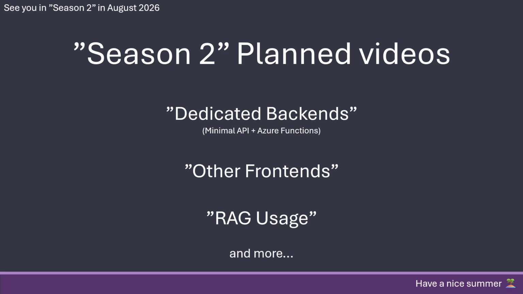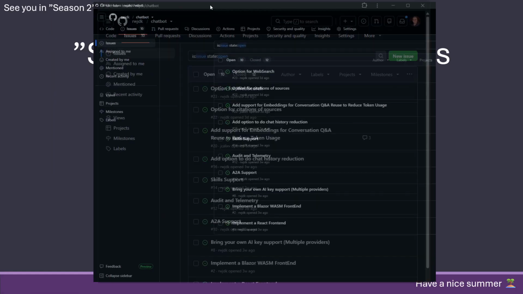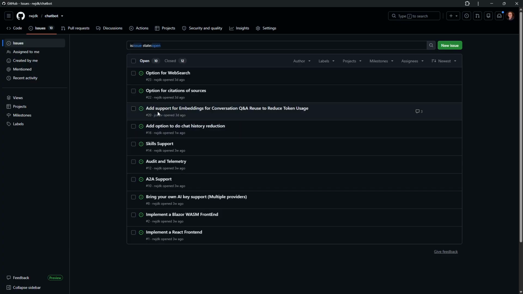Some people have also asked for RAG usage. So right now it's just a chatbot that can use its world knowledge, but we'll try to add RAG usage in. In general, there's more ideas on what we need to do, telemetry, testing, and such things, and it all depends on what you want to see in the repo, RWJ chatbot.